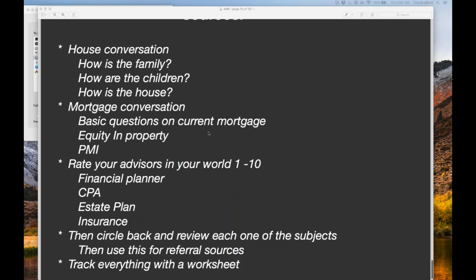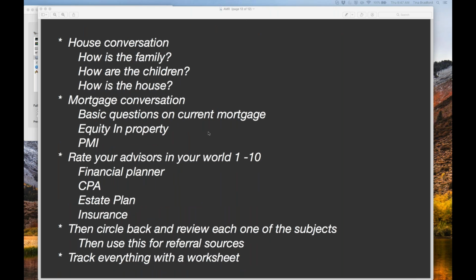Now you're going to go into the mortgage conversation, and you might say, well, I closed their loan. I know what their mortgage loan is. When reality is 10 to 16% of your past pipeline is doing something every year with their loan. So if you have not been working your past pipeline like you should be, then that person may have gone and got a loan with someone else, refinanced, added a second loan. You don't know the situation until you have the conversation.